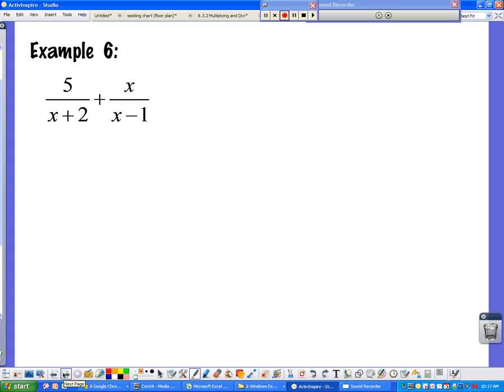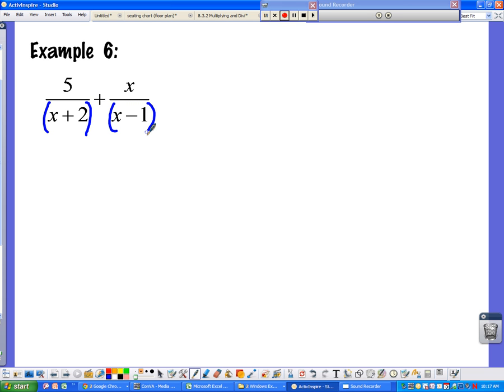Actually, example number 6, I think we reordered these. If you'll notice, when you're looking at your denominators, which is the bottom fraction, I have x plus 2 plus x over x minus 1. And as it is right now, my denominators are not the same. And since they both have a plus sign in them, these two need to remain together. Okay? So what we're actually going to do is we need to